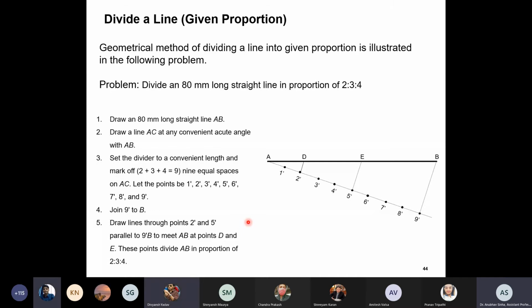Sir, can we do this by using a compass to draw a parallel line? If you can draw parallel, it is okay. Just make sure that the method is fine. Yes, sir, it was in higher school. You check what the method is and tell me. I will check and confirm. I don't remember using a compass. If you can make a parallel line, it is acceptable. There's no problem. Okay, moving on.